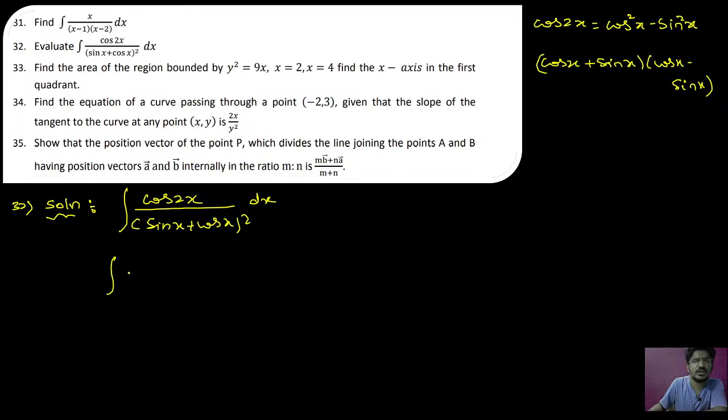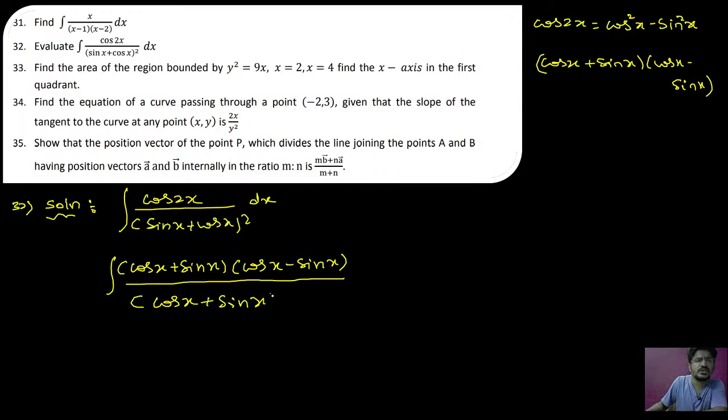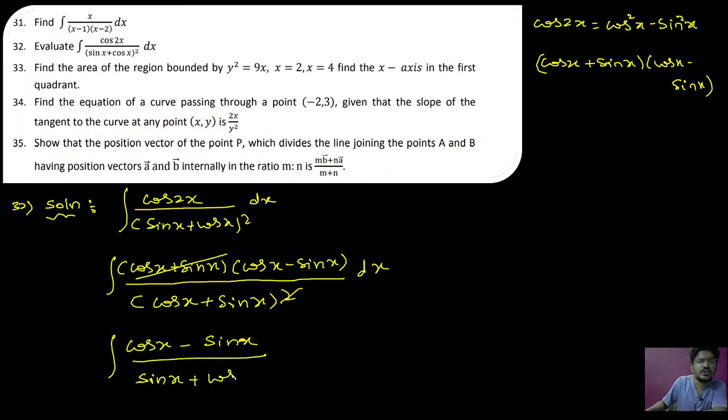So I will write it directly, that is (cos x plus sin x) into (cos x minus sin x), divided by, we have (sin x plus cos x), that is nothing but (cos x plus sin x) whole square. I can cancel cos x plus sin x with cos x plus sin x. Now the remaining term is what? You can just see the remaining term is (cos x minus sin x) divided by (sin x plus cos x)